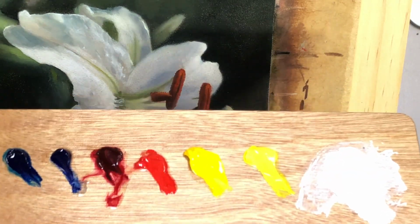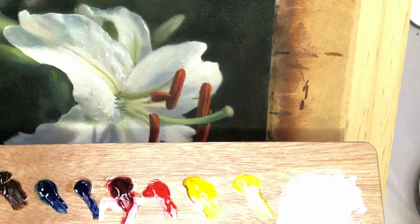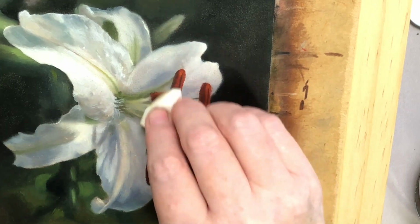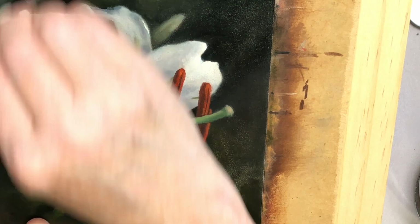So I've got a warm and cool version of each color of yellow, red, blue, and then I've got burnt umber and titanium white. So the first thing I'm going to do is make sure that my painting is completely dry. It's been drying for about 3 to 4 days,